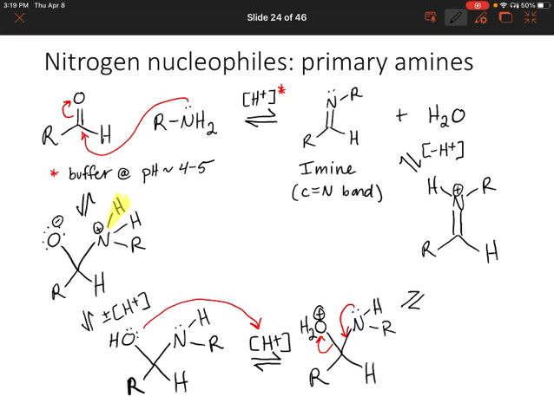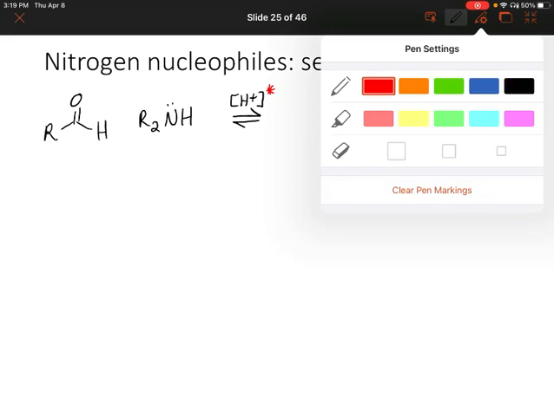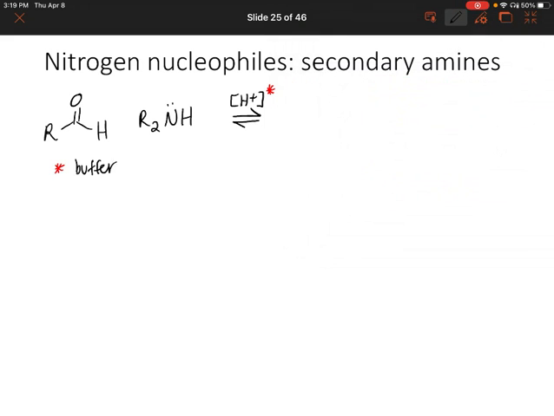Now, what if we have a secondary amine instead of a primary amine? So a secondary amine has a nitrogen that's bonded to two alkyl groups and a hydrogen. And in this reaction, we're again using that buffer. And this time our product